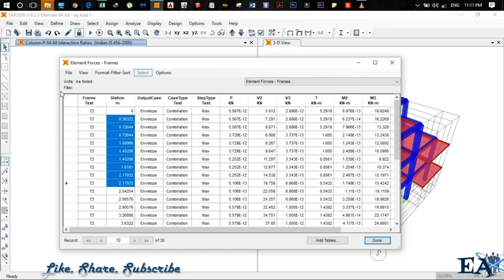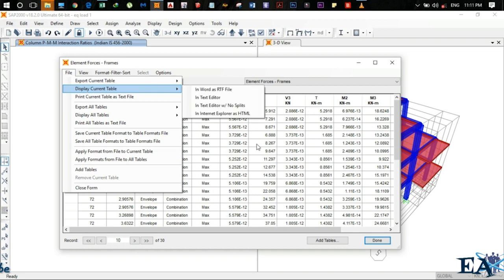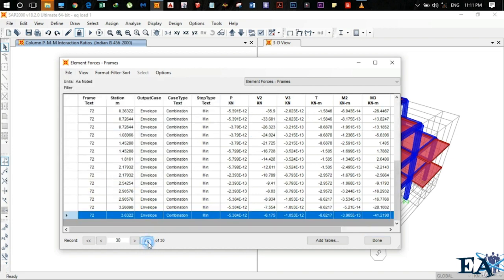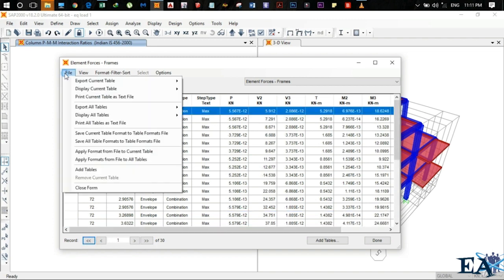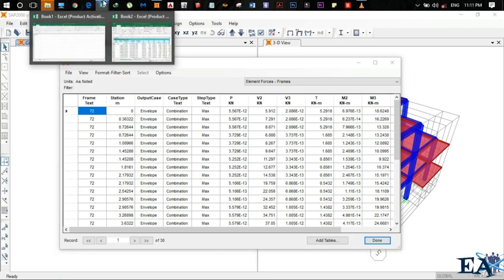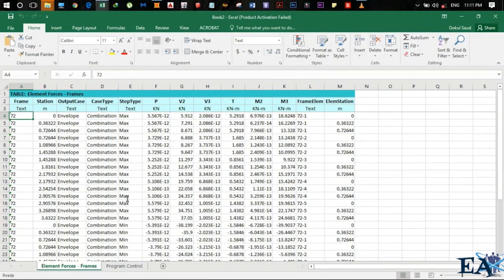So once you see this data and you need to export, what you need to do is just click on file and export current table. If you do it, it will export this table only, but there are other tables as well, you can see here, right? So there are two or three tables. If you click on file and export all tables, it will export all the tables that are here, and okay, so here we have opened it, right? Yeah, here you can see the files,